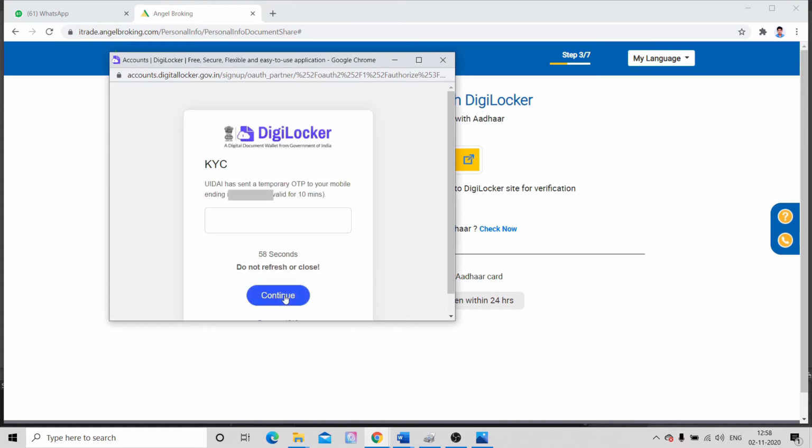Click on next. You will get an OTP from Aadhaar. Enter that OTP and click on continue.